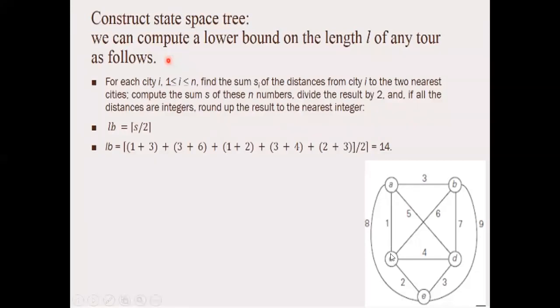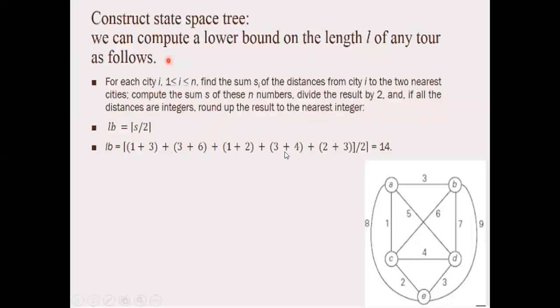Again, consider a city, say C. From city C, again identify the two nearest cities. If you observe, the nearest cities are city A and city D, because these two have the shortest distance. Let me check the values: 1, 2, 4, 8 and 3. Which are the smallest numbers? It is 1 and 2. So the addition of those two.